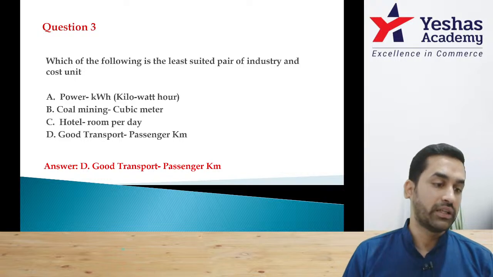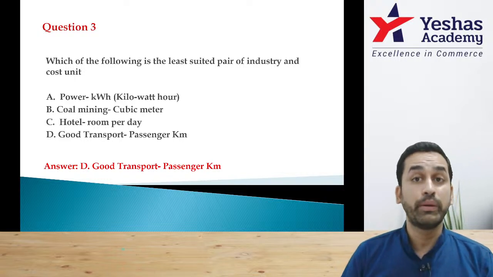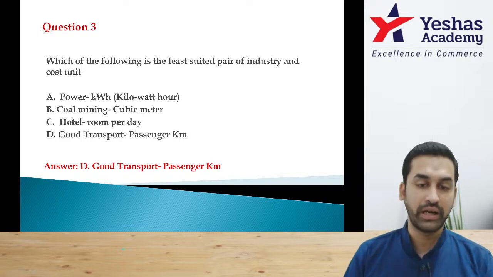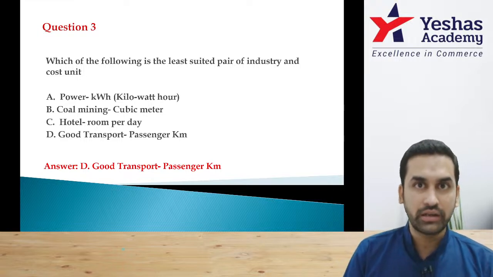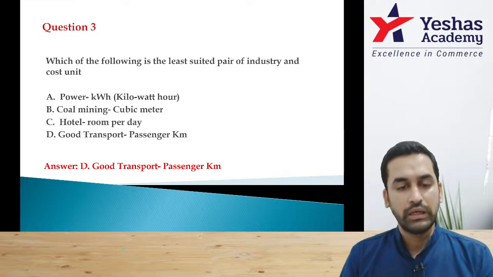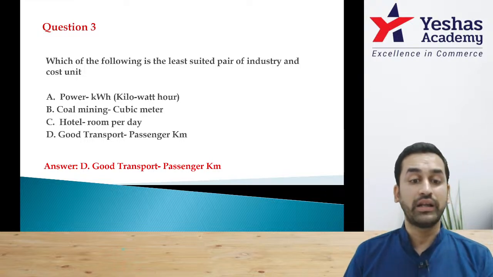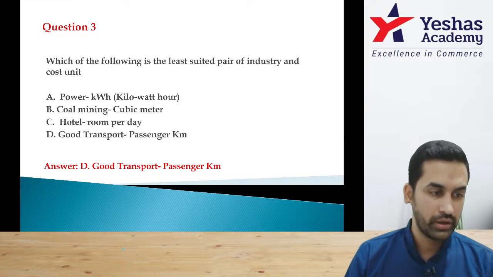Correct? If it is passenger kilometer, it cannot be goods. It should be passenger transportation company. Correct? For buses, we use passenger kilometer. For truck, lorry, goods transportation companies, we should be using ton kilometer or quintal kilometer. Yes,